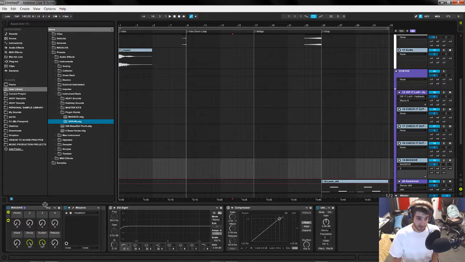And you can map these to whatever you want. So that's cool. And then same with Serum. I basically did the same thing. 4 macros, A warp, B warp, and then decay, sustain. And I figured if I wanted to change anything else, I would just go inside Serum. Massive, the reason why I did the attack and stuff on it is because I like to make more effects sounds and laser sounds and risers in Massive, and you would want to bring the attack down. Yeah, so now it's a riser instantly.